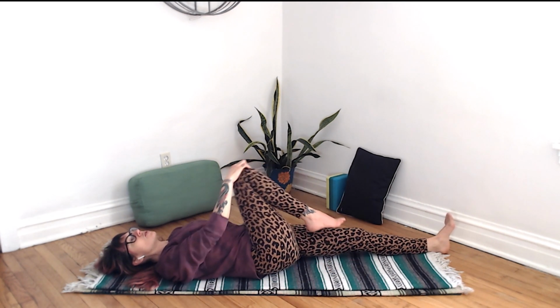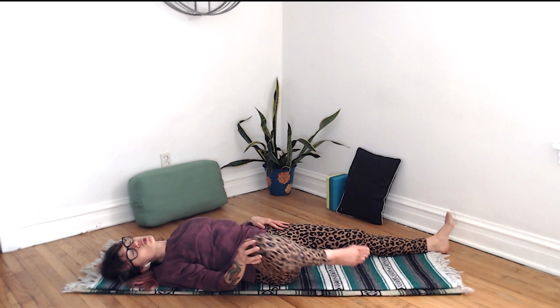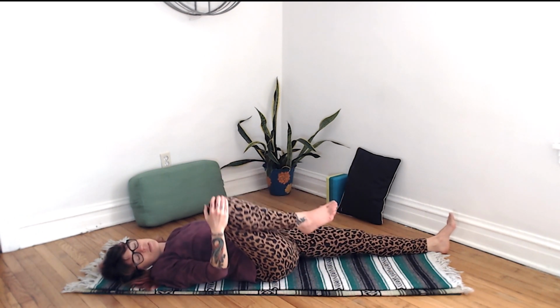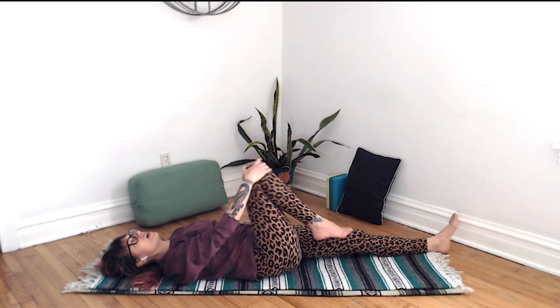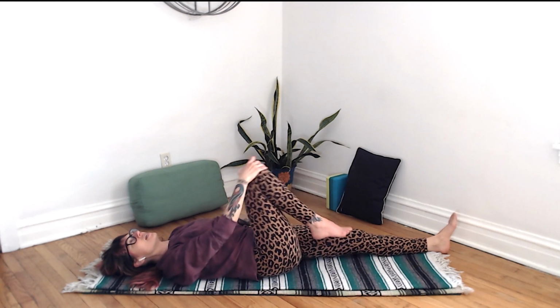And let's take some circles with the right knee. So taking circles with the right knee or taking circles in the right hip. So the hand is sort of there as a guidepost. And circles could be big or small. They could be super slow, a little bit faster. I don't need to be taking like a super fast circle. We're not like whisking anything here. So circling around through the right, getting into the right hip, left hand staying on the left hip to sort of see if that left hip's trying to get in on the action. Can you just invite it to stay steady down on the earth? And one more time through,